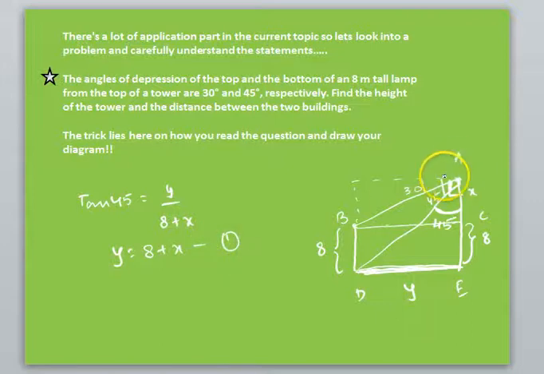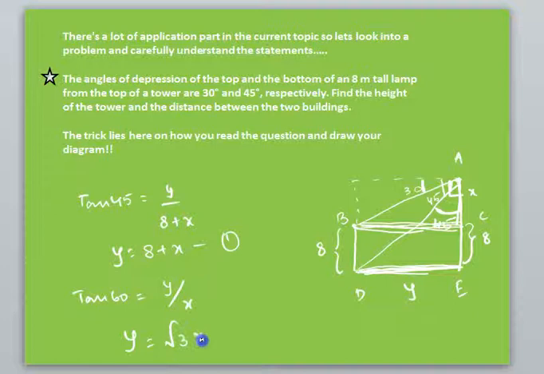Similarly, considering the triangle A, B and C, I have 30 degrees here, so the remaining angle here would be 90 minus 30, which is equal to 60. So tan 60 is equal to Y, which is this line. This measure is equal to this measure as both of them are parallel. Y by only this part is considered as we are considering the triangle ABC. Y by X. Tan 60 being root 3, my Y is equal to root 3 into X, which is my second equation.